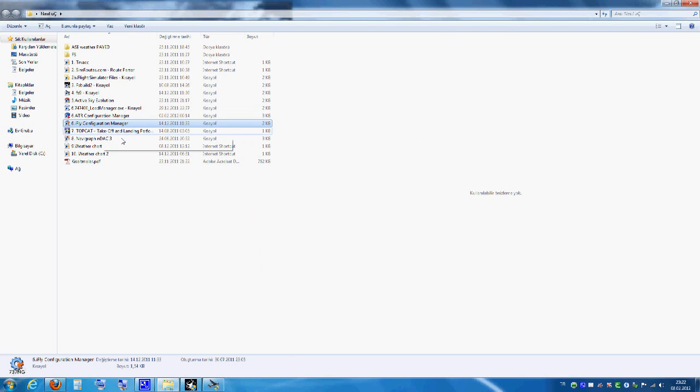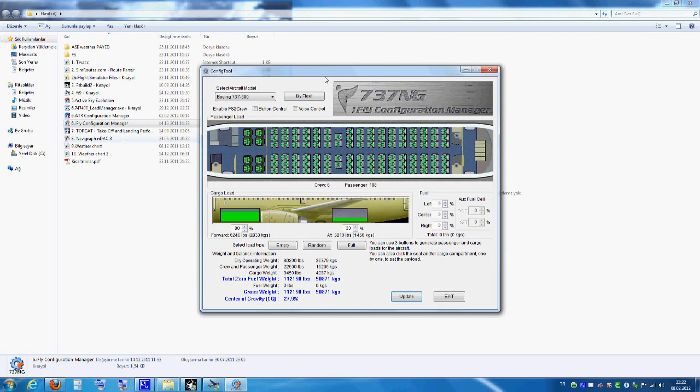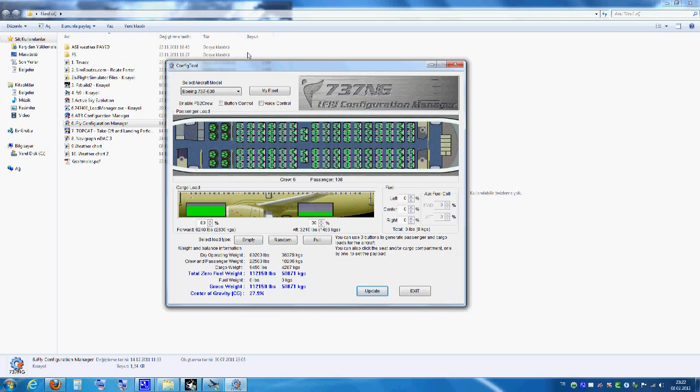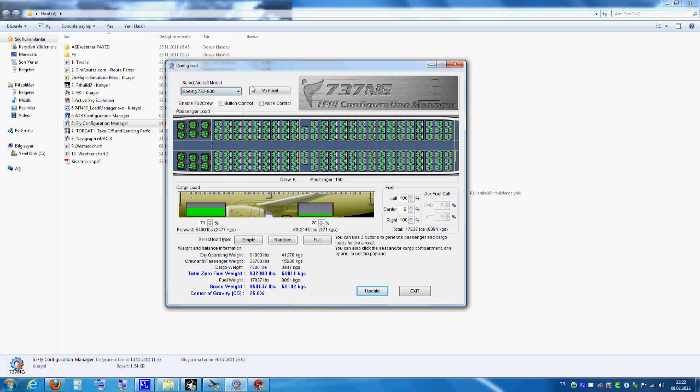The next step is I'm going to configure the Ifly configuration manager. I'm going to use a 737-800 aircraft. The aircraft is going to be full with 160 passengers and 6 crew, and the